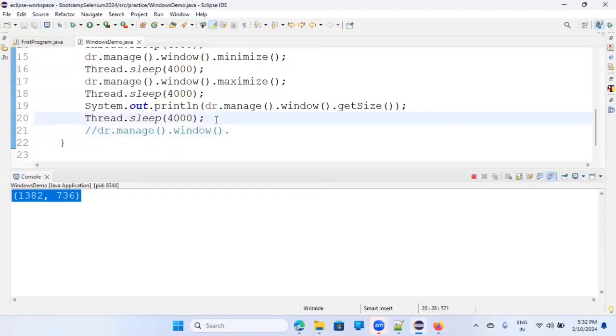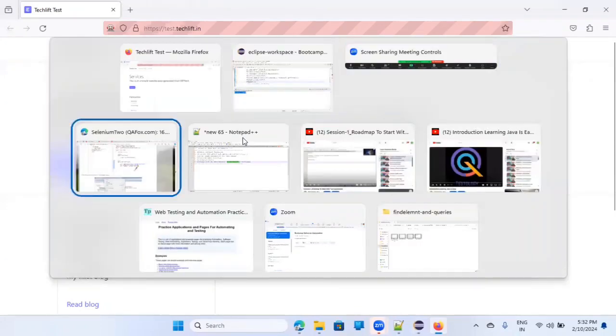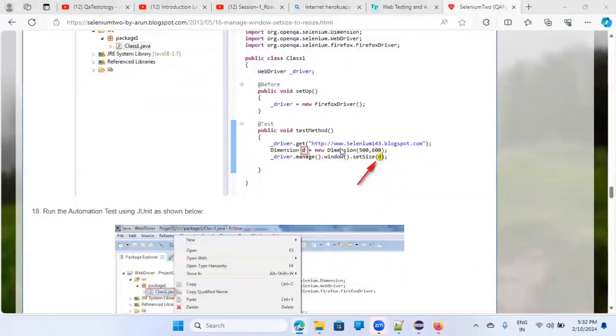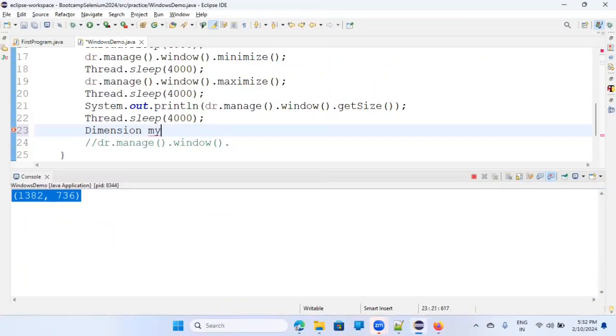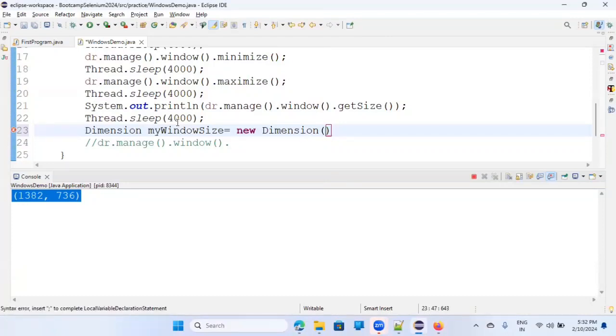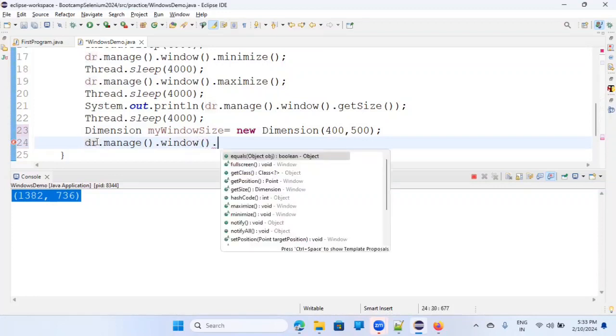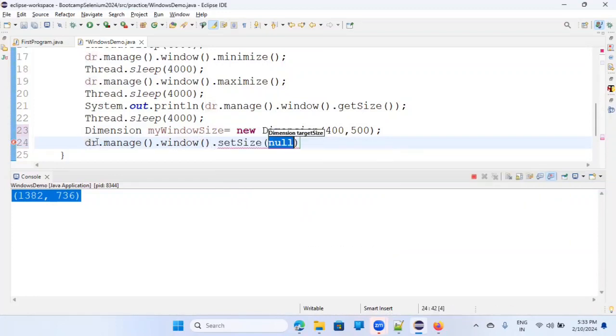Let's set our own window size. For that, you have to use dimension. I think it is dimension only, not dimensions. Let me see that blog. Yeah, they have used dimension. So dimension of my window size is equal to new dimension. And there you have to provide the dimension. Let's say I want to put it as 400 by 500 as a size. Now I will say that my window size should be driver.manage.window dot set size and provide this